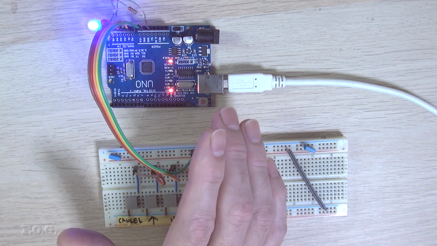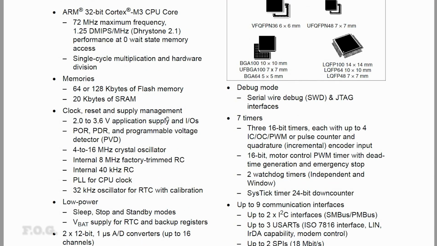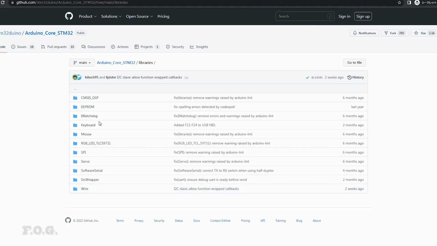And for any of you out there who are using the STM32 blue pills or black pills or green pills or whatever they are, there's a couple of important points that you really need to know about and the things that I've experienced myself. For these devices, there is no dedicated EEPROM memory. Instead, Arduino has a driver that's been implemented that sort of emulates the separate EEPROM memory, and it actually uses the program